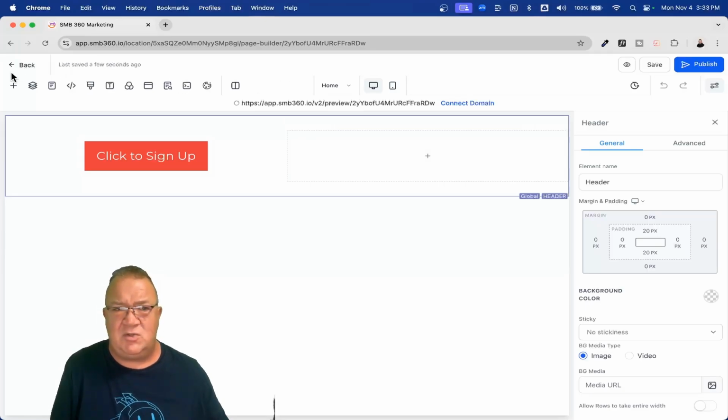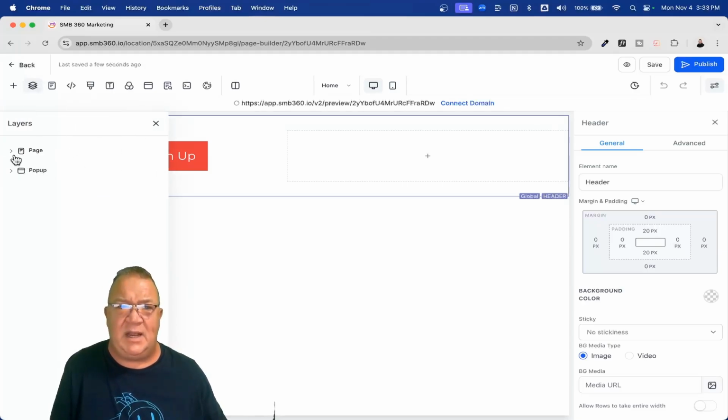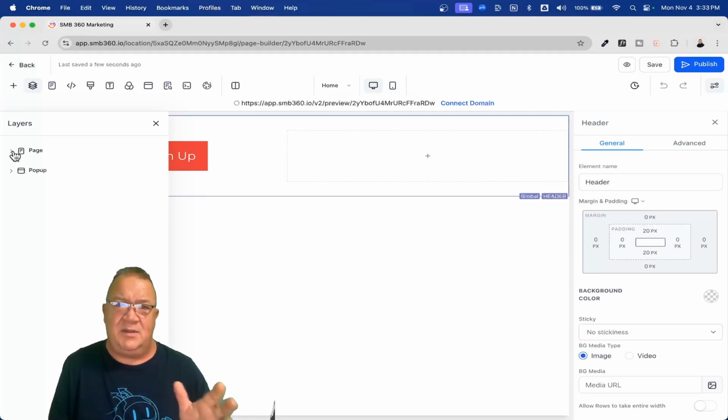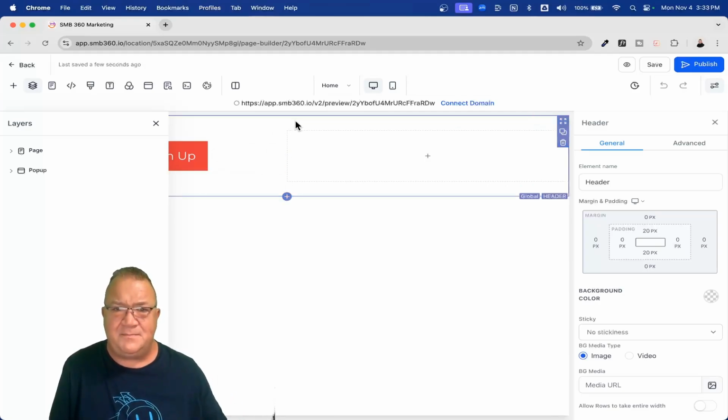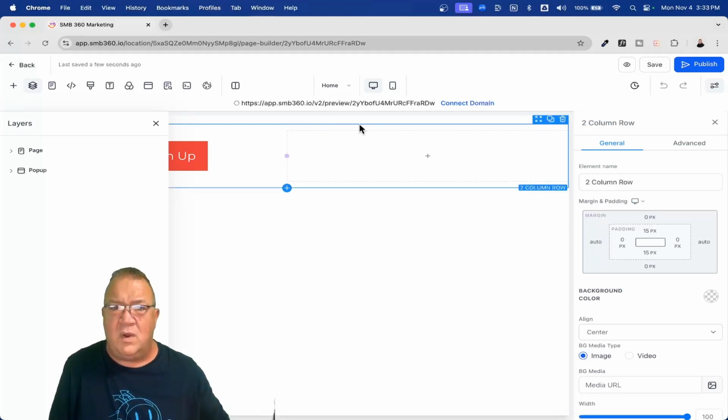Now, some of the things about the toolbar that I'll show you, we already used the add elements. If we look here, we've got different layers. So this is where, if we take a look at here, sometimes when you're dealing with the page, I will have to admit sometimes it's hard to come in here and click on the particular row you may need. If that's the case, you can just simply come over here to the page view,